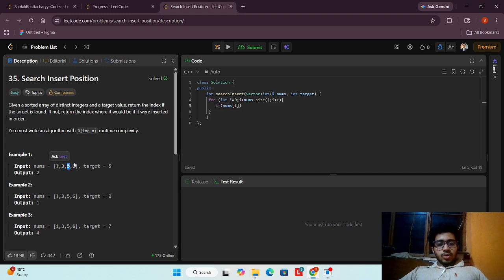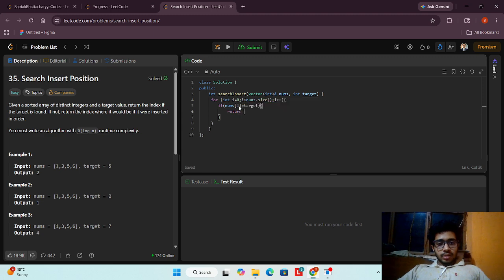So when nums of i equals 5, I will check whether it is equal or not, so I will give an equals to here and write the target. If that's so, then I will return i, or else